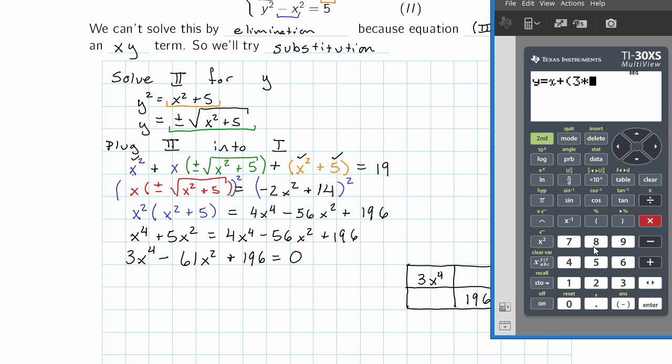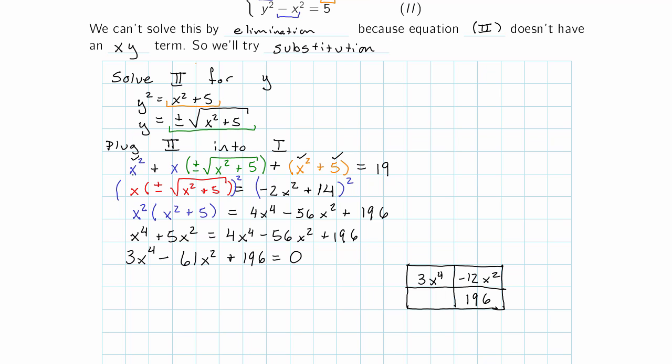So I'm going to take 3 times 196 and divide it by x. And then I think if I want to add up to negative 61, they have to both be negative, so I'm going to scroll upward. And I'm scrolling upward looking for a negative 61 in the y column. Oh, there it is. Negative 61 in the y column. One of my numbers is negative 12. And then to figure out what the other one is, what do I need to add to negative 12 to get negative 61? It's